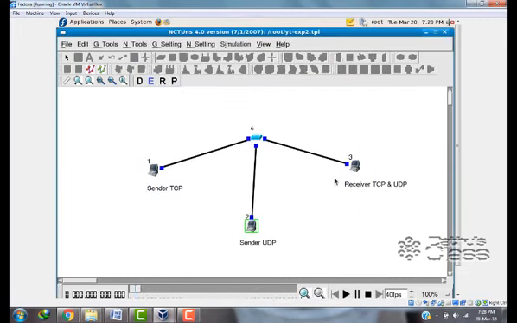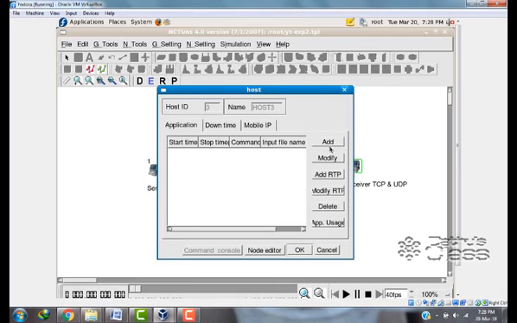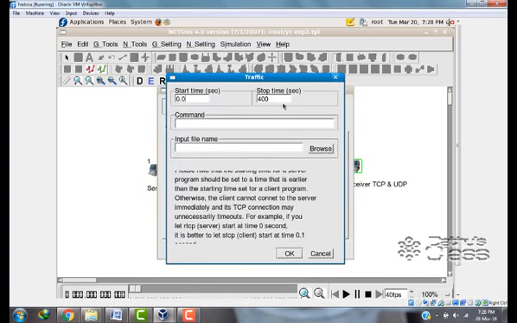OK. In receiver, double click on add, change the simulation time to 20 and command as rtcp -p. Packet size for TCP we set in the sender was 3000, so same thing you need to repeat, and packet queue size is 1024.